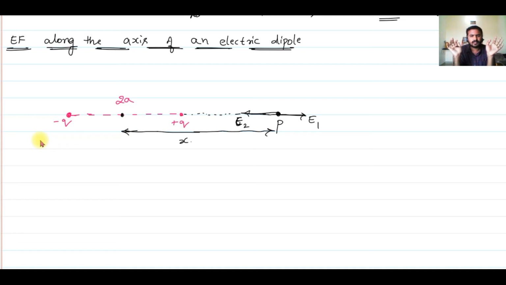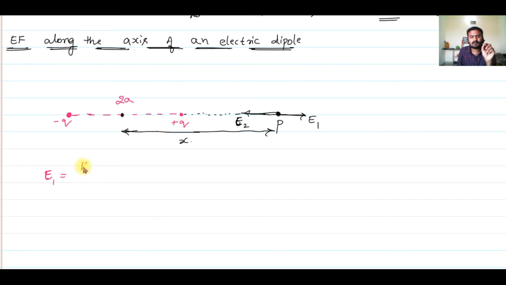Anything is fine. Okay, and now let us write how much is going to be this E1 and how much is going to be the E2. Let us do it in vector form itself. Most of the textbooks will make use of the vector form of finding the resultant. We'll do the same thing. So E1, first we'll write the magnitude. How much is E1? E1 is the electric field due to which charge? Q, positive charge, right? Plus Q.